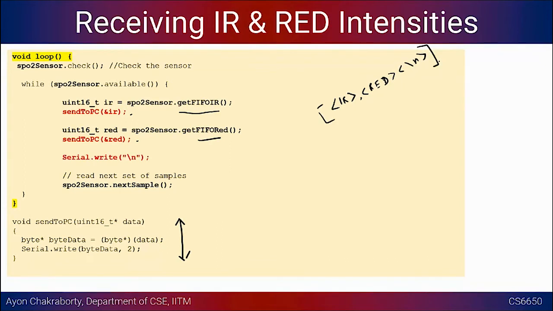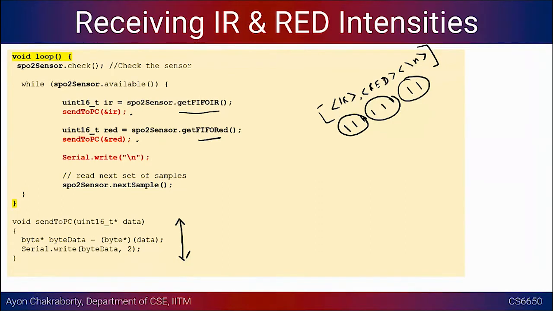In your laptop, let's say you have connected this device and are reading out of the serial port, it becomes very easy to read it. Otherwise, you have to read all the data, and this will be all bytes. Then you have to arrange these bytes in proper order so that you can make sense of the IR 2 bytes, and then there will be red 2 bytes. Again, there will be IR 2 bytes. All the rearranging you have to do.